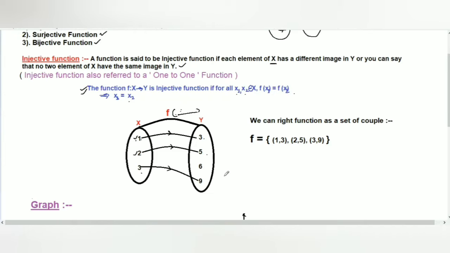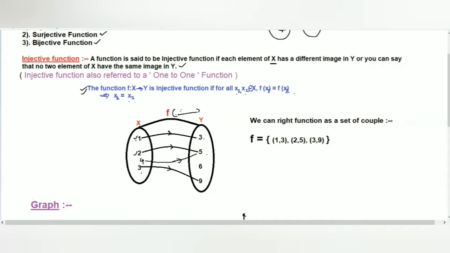And in a funny way, if you want to remember what an injective function is: each element of y is taking only one injection. Here 5 is taking only one injection and 9 is taking only one injection. Nobody wants to take two injections. If I put it this way, the image of 2 is 5, and if I write 4 here, the image of 4 is also 5. So 5 is taking two injections. It means more than one arrow arriving at 5, so this is not an injective function now.